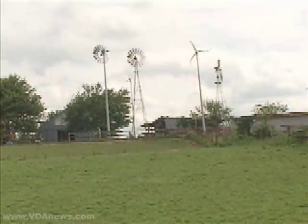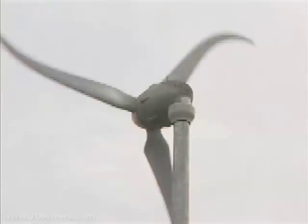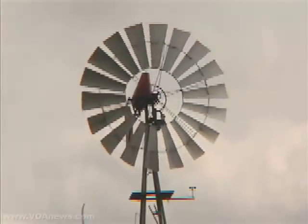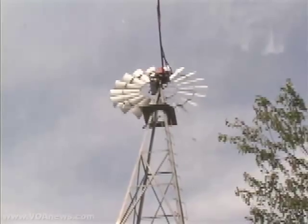Dr. Fernandez has 4 windmills on his property. 2 are modern designs made specifically for small-scale electricity production. The other 2 were originally designed to pump water from deep wells. This particular one was manufactured in 1905. I found it basically at a yard sale. I brought it home, painted it up, fixed it up, and started playing with it to make a conversion to